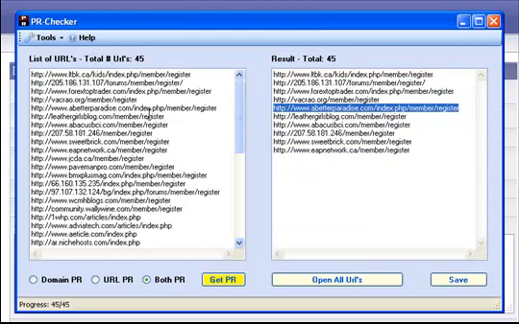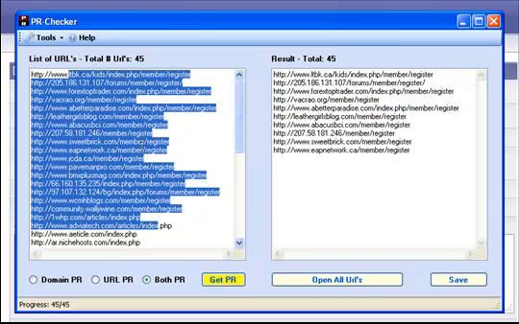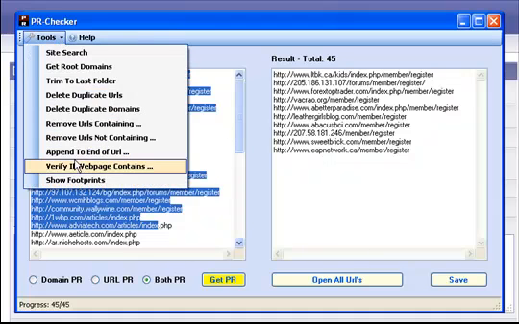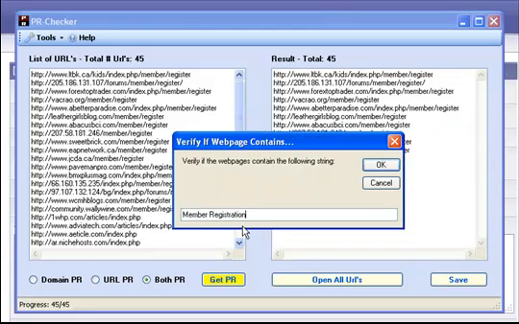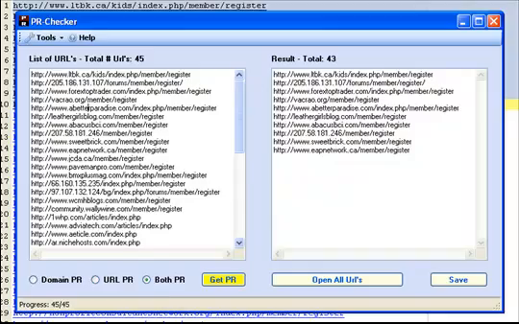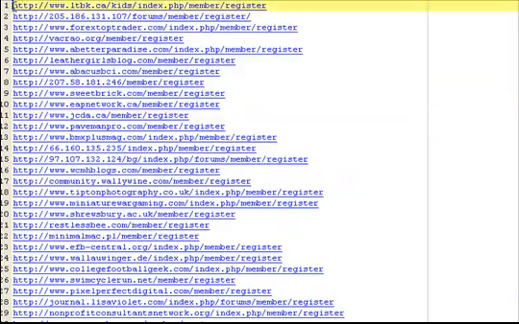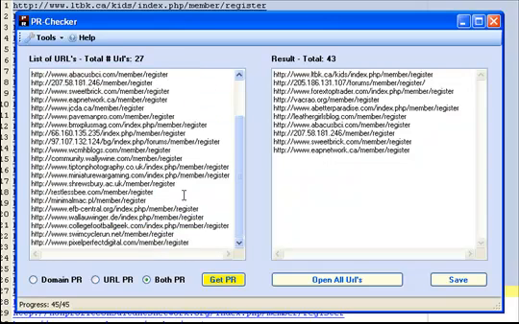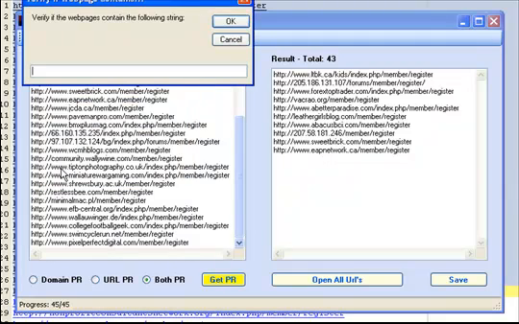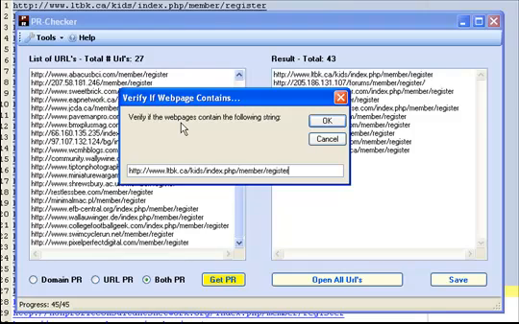And okay, let's go back to our functionality. What the functionality does is scan, if you want, thousands of URLs to see if they contain a specific keyword phrase, and you will end up only with those web pages, those URLs, that contain the specific key phrase. Okay, so let's give it a try. I just grab some of these URLs here. They're all supposed to be forum registration pages. I copy them in this window here. Okay, and then I want to know which of those pages contain the phrase